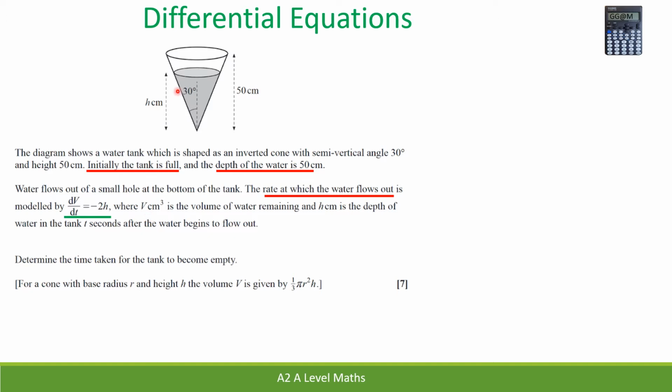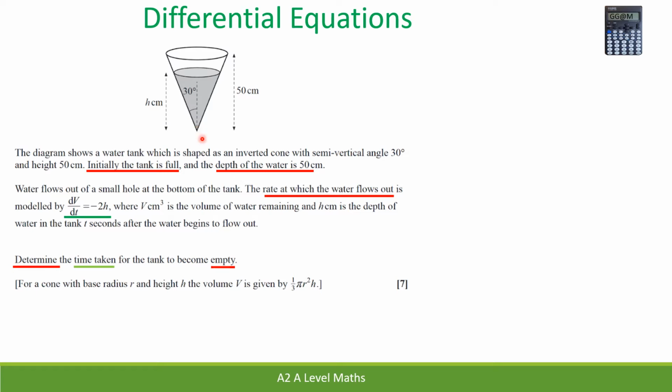Now, V is the volume of this cone here, and we've got the water remaining at a depth of h, and the time is t seconds when the water begins to flow out. Now you've got to determine, which means work out, the time taken for the tank to become empty. So you've got to work out the time when this tank has gone from being full all the way down to the bottom, when the height is equal to 0. So initially t is 0 and h is 50,